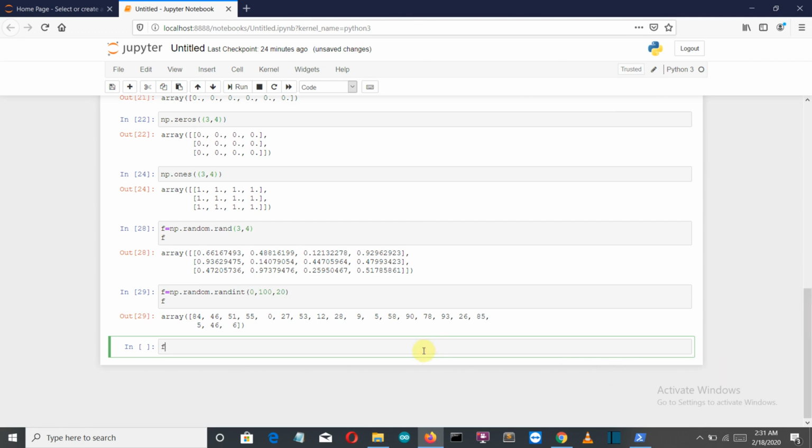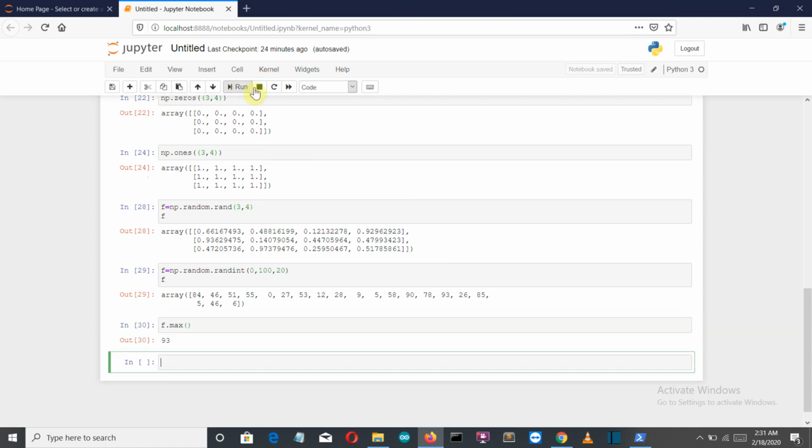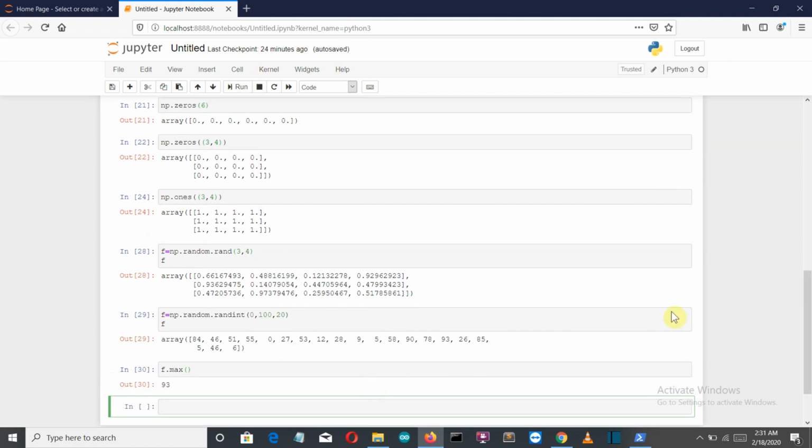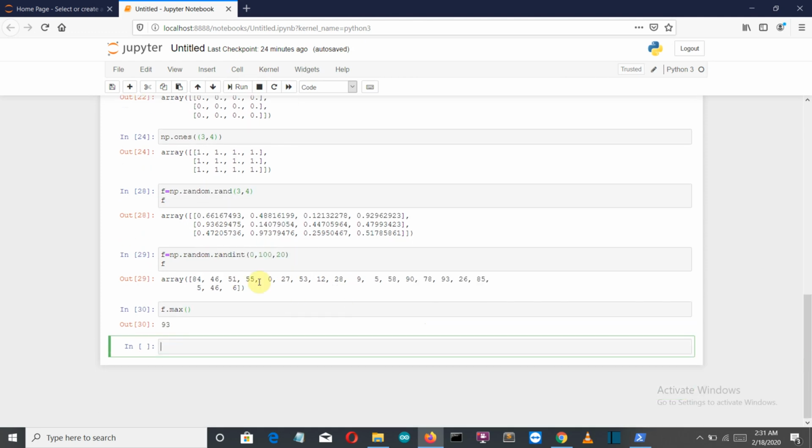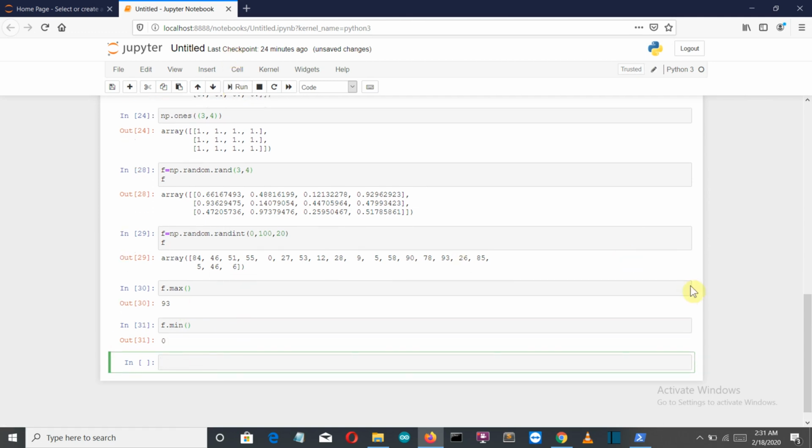You can simply write f.max and just run this, and there you can see 93 is the highest value present in this array. Now this array may vary because these are randomly generated numbers. This may vary from me to yours to the person seeing this video. Now if you want to see the minimum value, just write f.min, run this, and there you can see 0